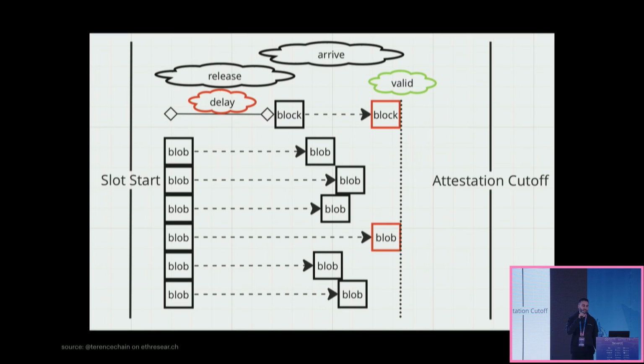So what you really want is to have the knowledge ahead of time of what blobs you need to have in your block. And pre-confirmations become very important for that, because if a block builder can tell you, hey, these are the blobs that you're going to need ahead of time, then they don't have to wait for these blobs to travel over the network or anything. They can just send you the block, and you have the blobs. Boom, propose it to the network, everybody wins.